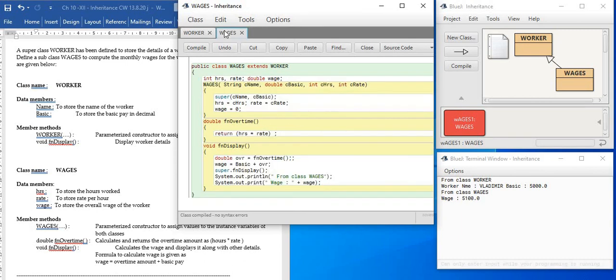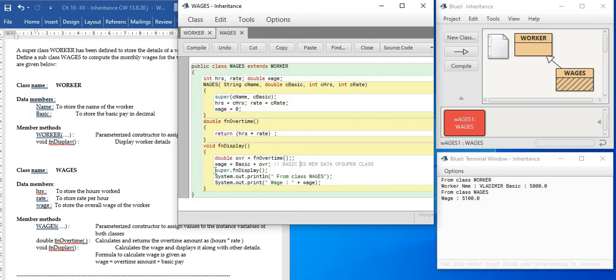Then we go to the other derived class, which is named wages, and it has been extended from the superclass worker. Here there are three members, and the final calculation uses the data of the superclass. So the data basic is not its member data. Basic is member data of the superclass. Okay. Basic's spelling is all in capitals, kindly adjust.